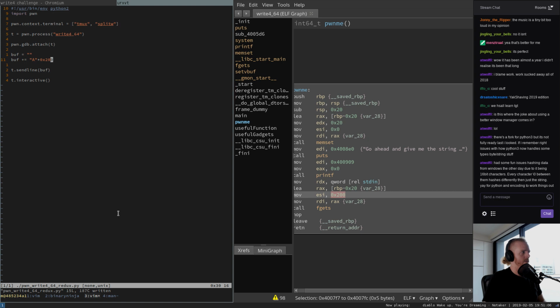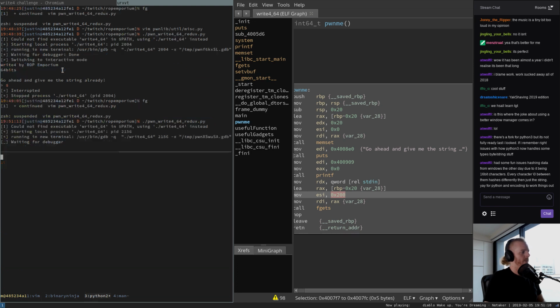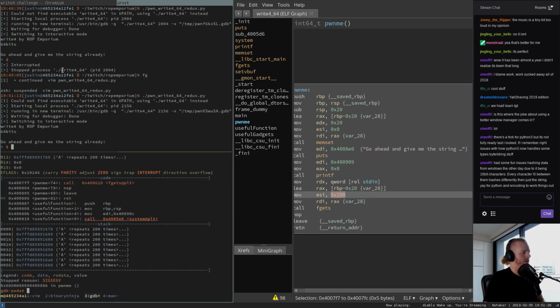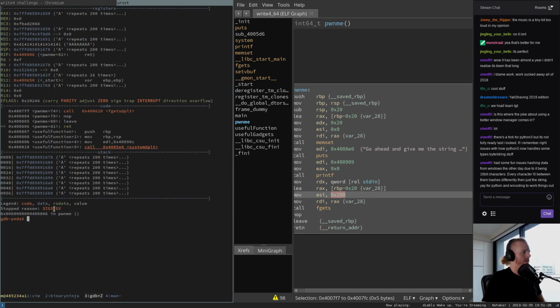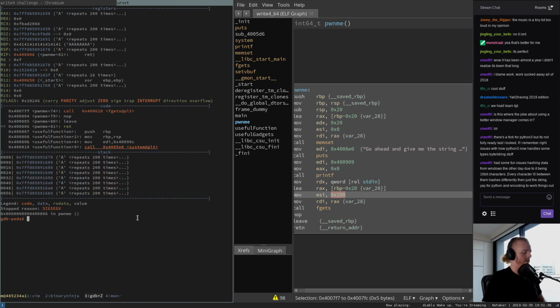So we've got pwntools spinning up GDB, and we're sending a line of buff. Let's go run that one. Oops, we didn't continue. We'll have to fix that. And here we go. Segfault, RIP pointing at a ret. And the top of the stack, and the whole stack, in fact, is a lot of A's,